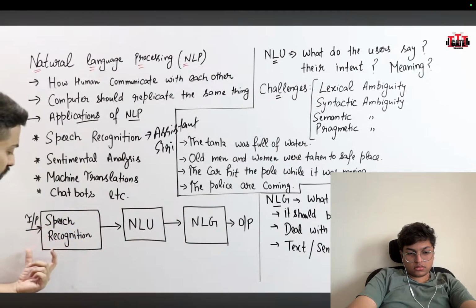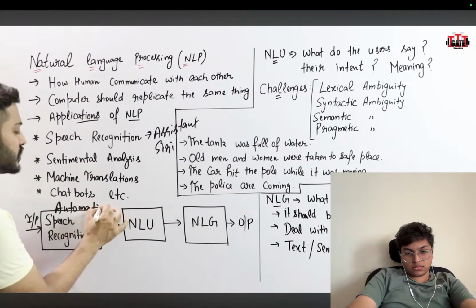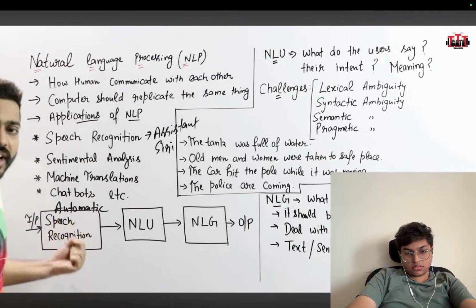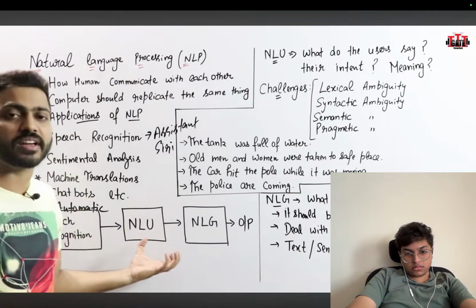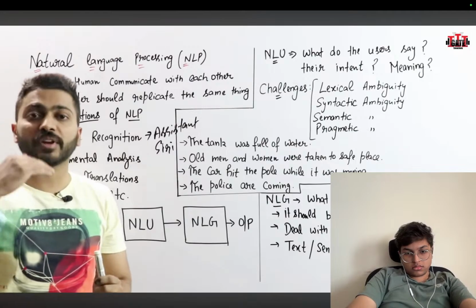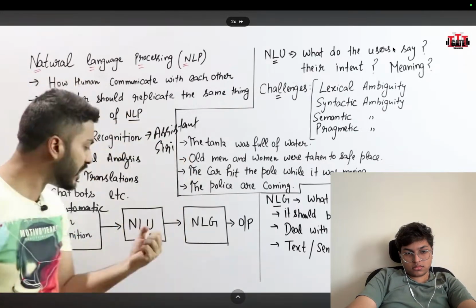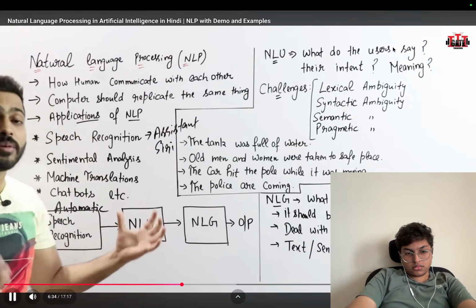यहां पे सबसे पहले हम इनपुट दे रहे हैं और उस इनपुट को ऑटोमेटिक स्पीच रिकॉग्नाइजेशन सॉफ्टवेयर उठाएगा और उसको स्पीच से टेक्स्ट में कन्वर्ट करके एनएलयू, नेचुरल लैंग्वेज अंडरस्टैंडिंग या नेचुरल लैंग्वेज इंटरप्रेटर को देता है। वही बात जैसे कि मैं यहां पे बोल रहा हूं तो आप ये सारी चीज सुन रहे हो, साथ ही साथ आपका इंटरप्रेटर काम कर रहा है, यहां पे अंडरस्टैंडिंग काम कर रही है।